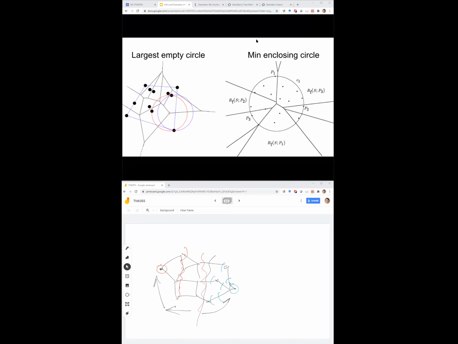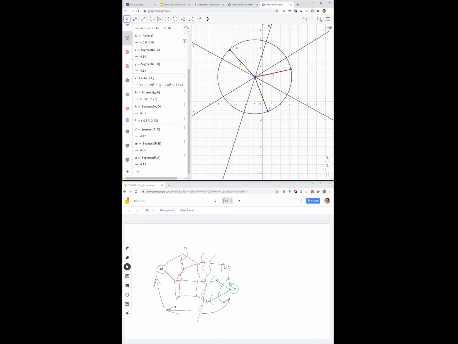And if things are hard for you to understand with many points, many sites, how this Voronoi diagram looks like, go back to something like this. Either do your own GeoGebra applet or just draw things. Draw 3 points. And again, think, what is the smallest circle that would enclose all these points? And where should its center be?